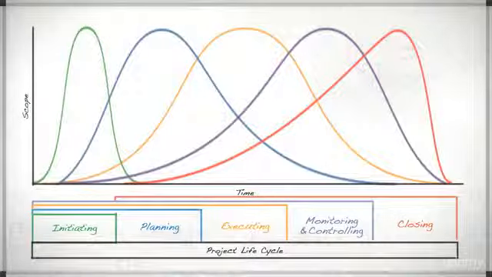One constant element of almost every project is the probability of change. Change activities relevant to planning, executing, and monitoring and controlling are iterative in nature, and when changes occur, the processes need to be applied to the changes as if they were part of the original project. It's important to remember that when one process experiences a change, that change will most likely impact other processes. This is due to the interconnectivity that exists between processes.